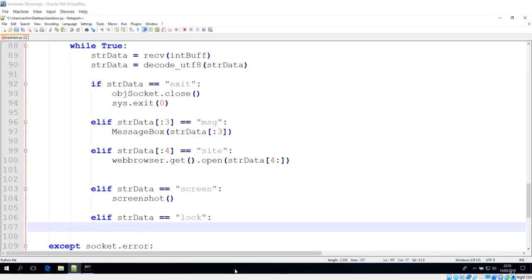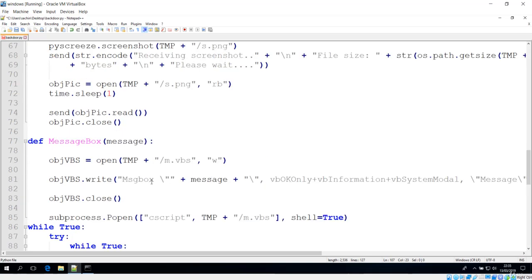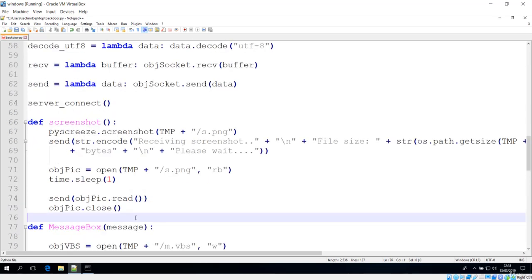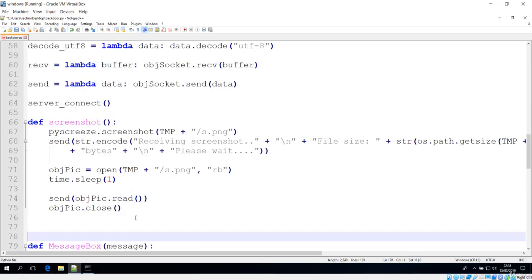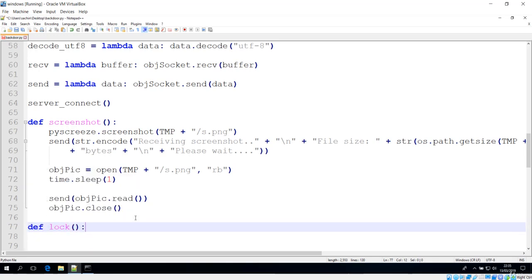We check for that encoded information over here, and if it is the case, I'm going to make a method to lock the system. Let's make this method after screenshot. I'll call it the log method, and this is a really interesting method.